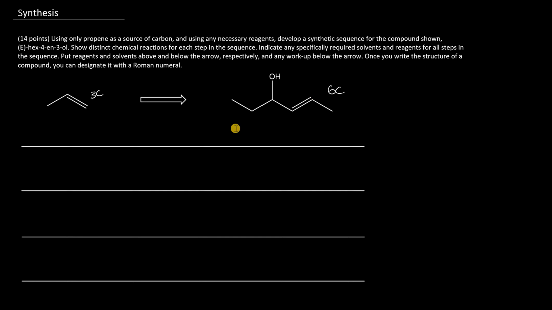Now it isn't obvious which steps we should take to make this, but there are 2 clues that we should note. For one, this is a secondary carbon. The second clue is that we have the trans isomer here for this alkene. It's the E isomer, in other words. So we should think back to all the reducing methods we have and all the reagents that we use to